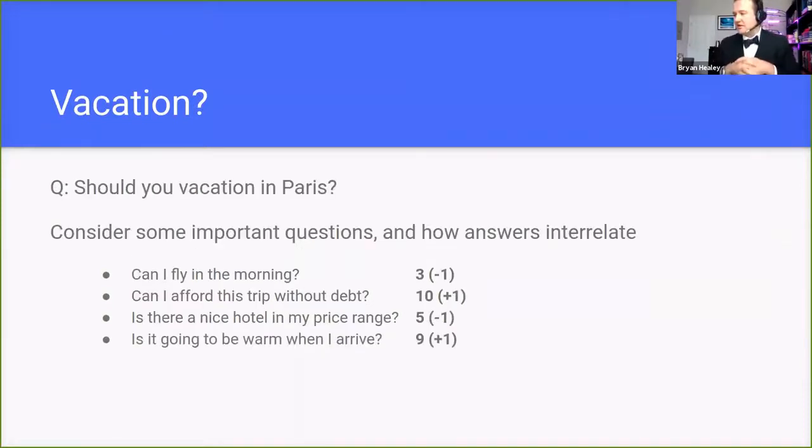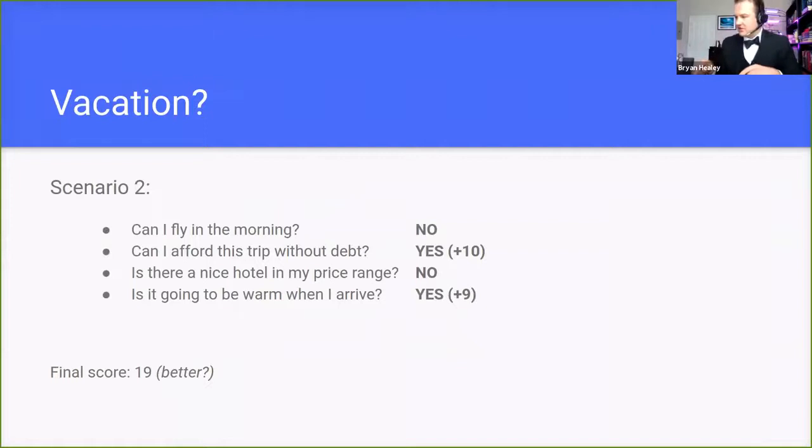Well, I give them the answer and say, actually, in that scenario, I wasn't going to Paris. Didn't fit my criteria. So now everybody in the group needs to go, well, we made the wrong decision. It's time to go and update all of our conceptions. So the person who said that flying in the morning was important now goes, well, maybe it's even less important than a 4. So we're just going to make it a 3. The person who said that affording the trip without debt was important now seems like it's more important because they were a goose egg and they actually had the right answer essentially. So we're going to bump them up 1. And so everybody gets adjusted a little bit. And then now we're going to give another example and try again.